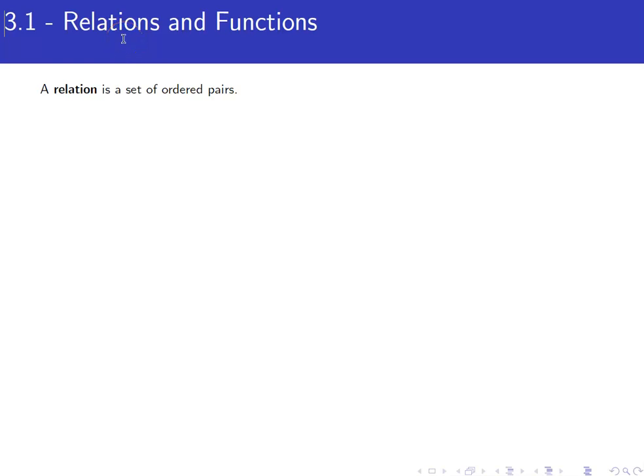So in this video, we're going to talk about relations and functions. So probably one of the simpler definitions that you get in math is a definition of a relation. And by relation, we just mean any set of ordered pairs, period. That's all it is. So if you've got a set of coordinates, first coordinate comma second coordinate, then that is